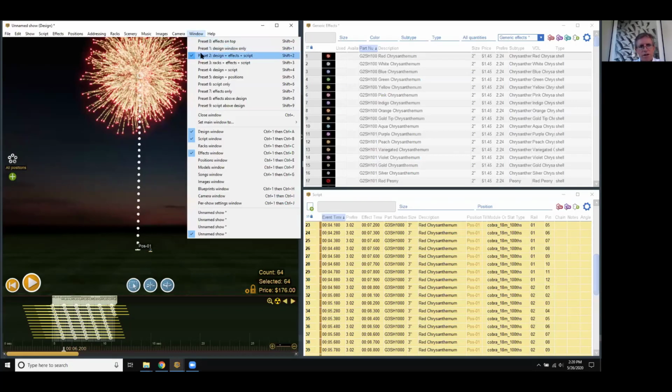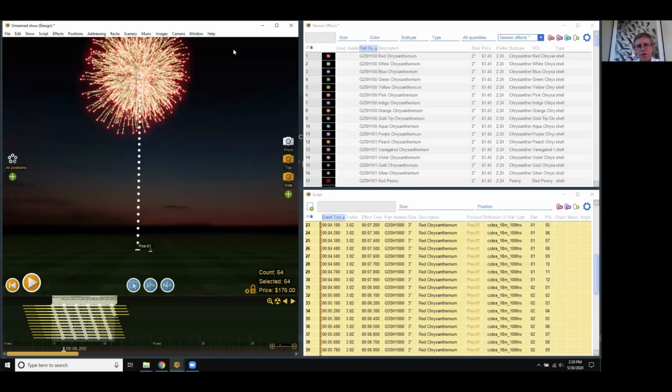So here I'll switch back. I've been using the keyboard shortcut Shift-2 and Shift-3 because it's a lot faster than the menu item to shift between the racks view and the effects view and the simulation view. So right now we are in the Shift-2 view that includes the 3 windows with the design window center. If I press Shift-3, I'm doing that now,